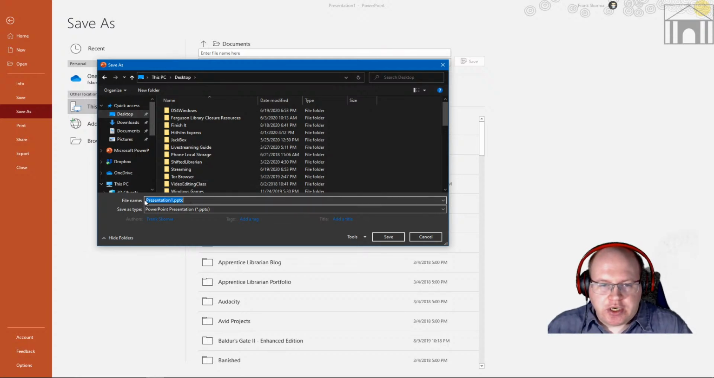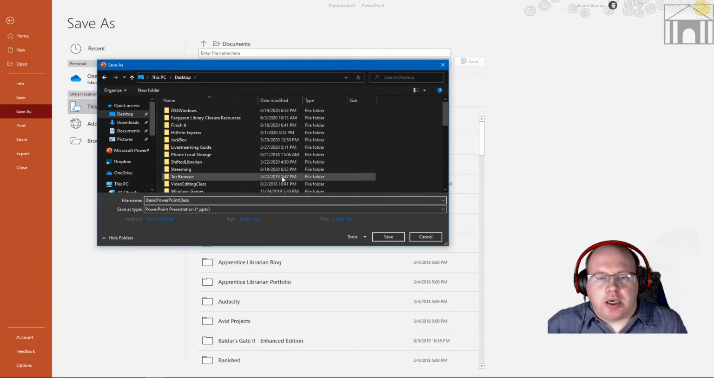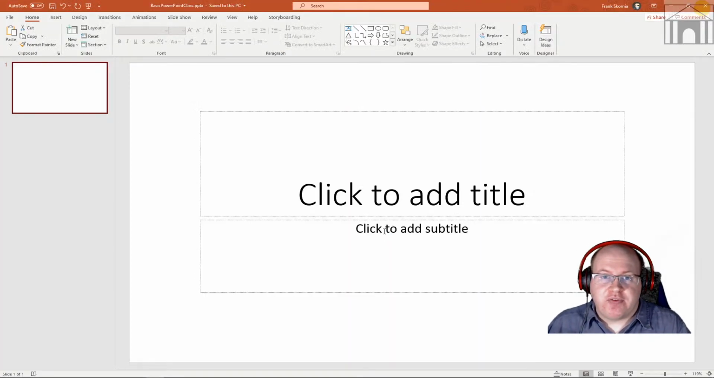You can also see right down here, I can put in a file name. So I'm going to type in basic PowerPoint class. And so that's where I'm going to save the file. As you can see, it's already giving it a different type here. And then I just click Save. So now I've saved my file. And now I'm back to my work window. You can tell right up here at the very top in the toolbar, it now has a name. There's my basic PowerPoint